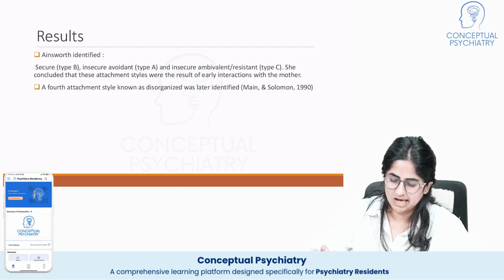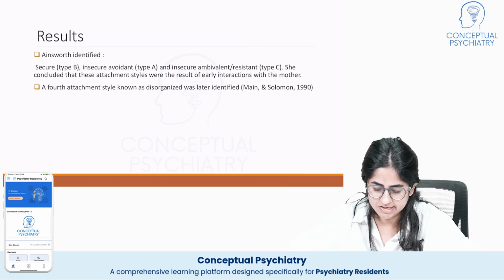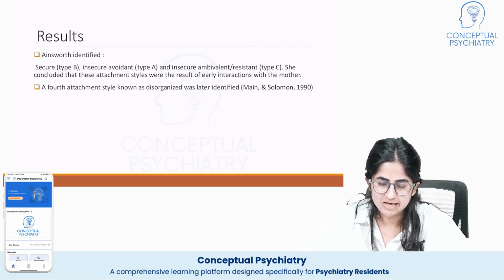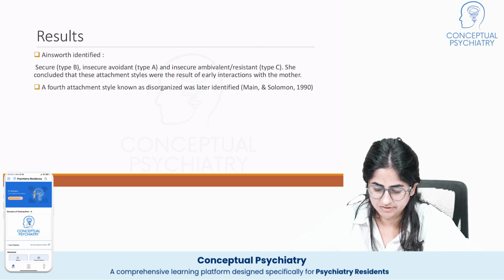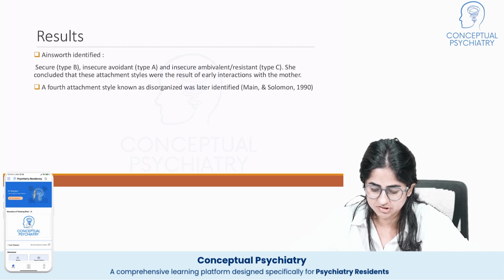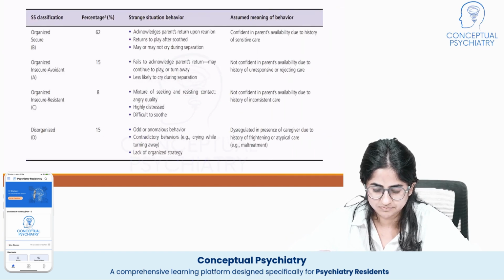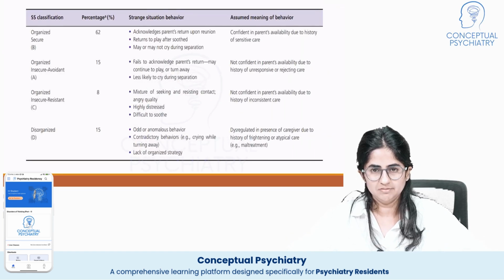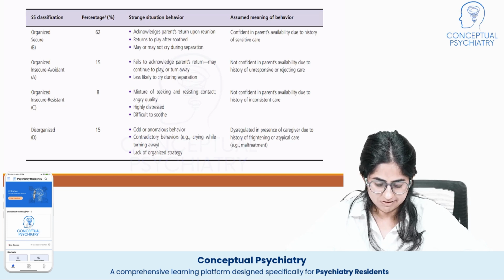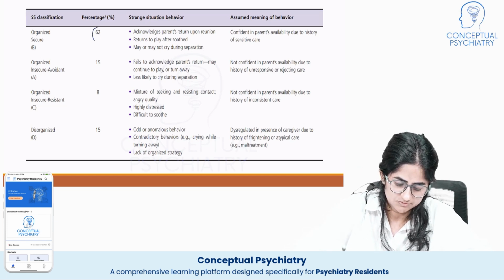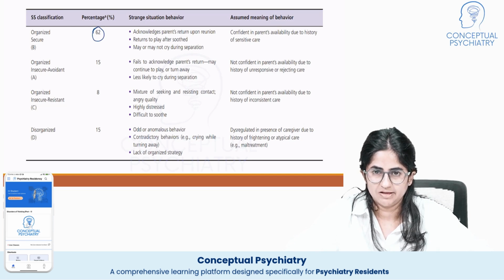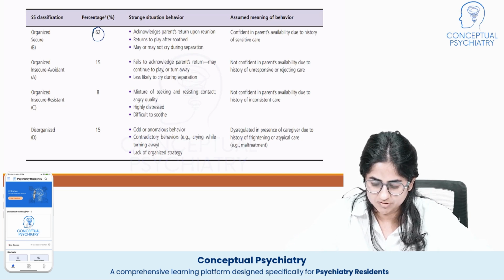So Ainsworth identified type B as secure, type A as insecure avoidant, type C as insecure ambivalent resistant. She concluded that these attachment styles were the result of early interaction with the mother. And as we have mentioned, the fourth got added on later. This was how most of them reacted. We can see by this table that most of them were falling under the secure category. Right? Now, the strange situation behavior that was noted was that